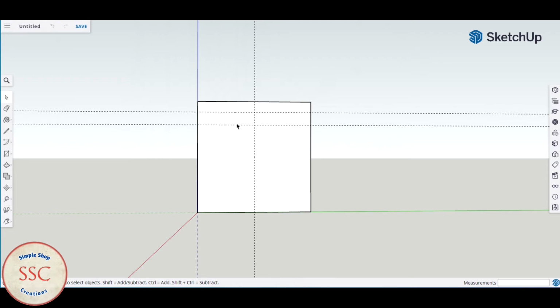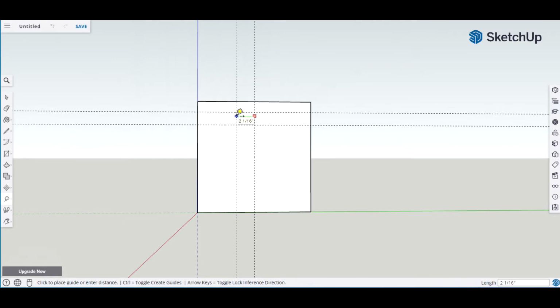Next we're going to draw 2 guidelines here and another guideline over here. We know that the handle is 5 inches, so we're going to go 2.5 inches this way and 2.5 inches that way. We're going to use the tape tool again. Go ahead, anywhere in this line, click once, drag over, type in 2.5, enter. Again, click once, drag over, type in 2.5, enter, and spacebar to go back to select tool. And now we have the